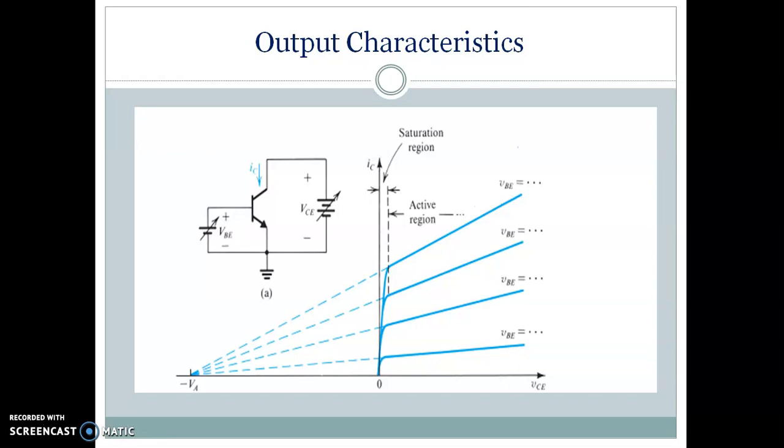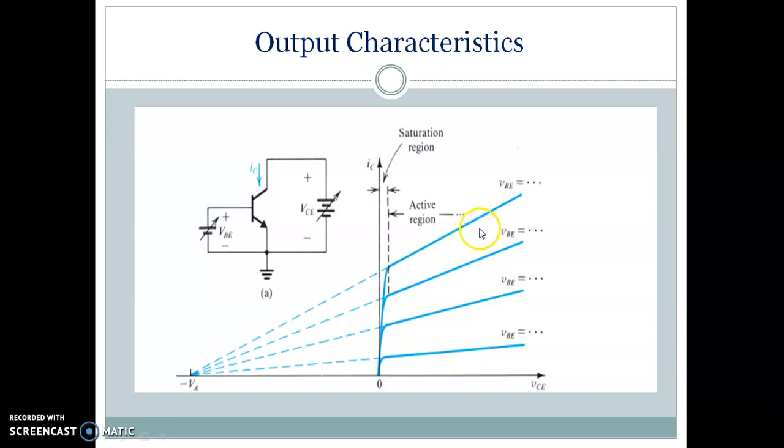This is a familiar characteristic curve, the output characteristic curve of a CE amplifier. In the linear region, we expect that IC is equal to beta IB. It has to follow this relationship. When IB is kept constant, the expected output must be constant, or the slope has to be 0. But here you can find a positive slope. The slope is not 0.